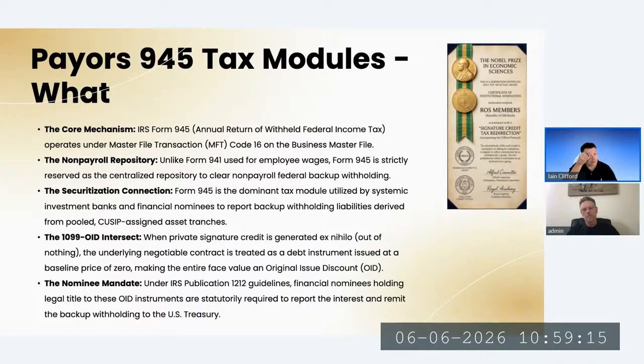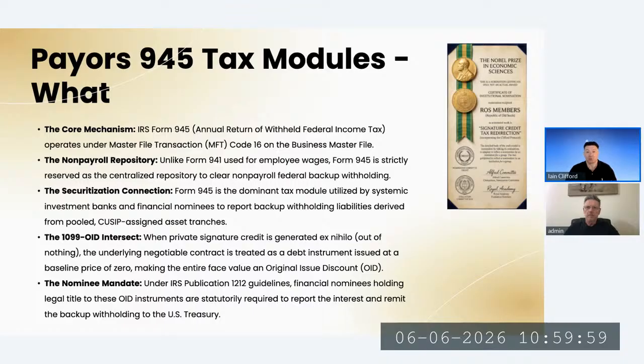And if you look at the IRS publication 1212, it basically says in there that if the nominee that's using the signature credit is using it as a nominee, they've got to pay tax for the use of it. But if the true creditor turns up and files 1099 OID, which is the foreign grantors trust filing 1099 OID, then the investment bank that is operating as a nominee can no longer claim that they are the creditor. They automatically fall into the debtor category, which is what they were anyway, but they were actually operating as nominees.